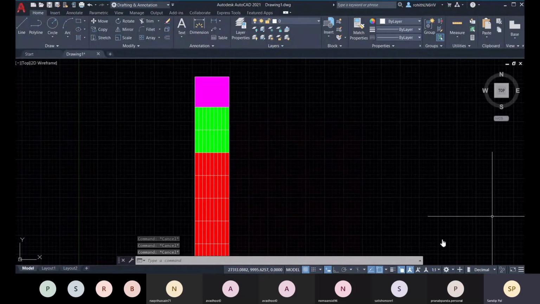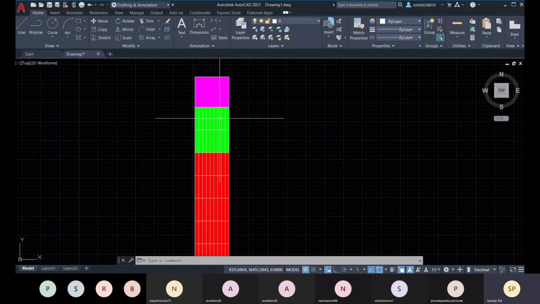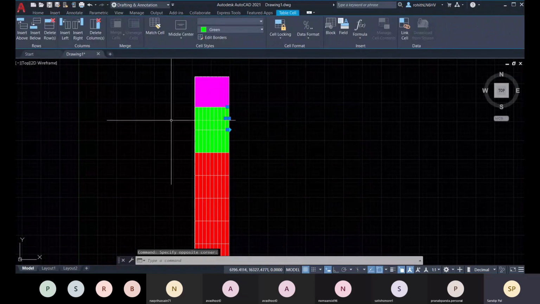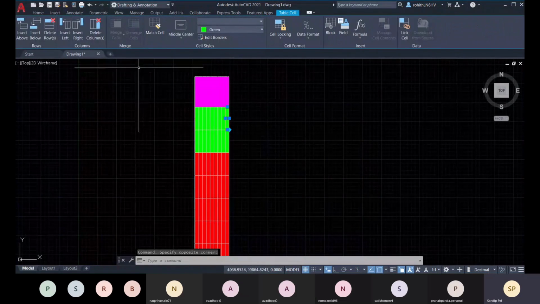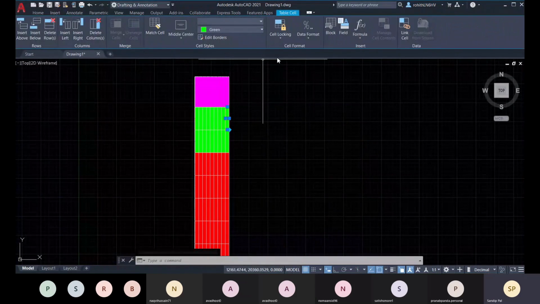Sir, what if we want to add any row without that color here? That you cannot do, because you have set it in the table style, right? So in that table style, you have to remove it, and that will work for all of them.